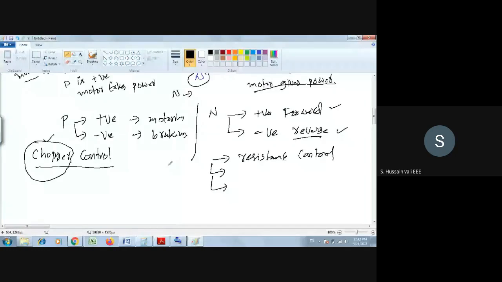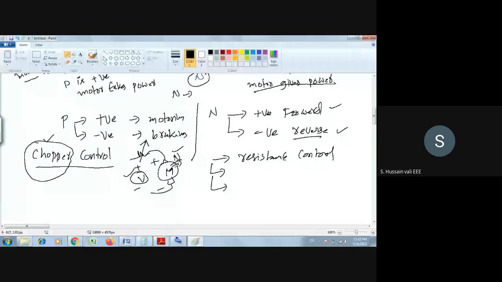So here you have the voltage. I hope you know the relationship between the supply voltage and the speed of the motor. When you change the supply voltage, the speed of the motor obviously changes. So now how do you do that? You do it with the help of a resistor. Say, for example, I have a resistor here. Now you change the value of this resistance. When you change the value of this resistance, the voltage which is going to the motor armature also changes. When it changes, the speed of the motor also changes. That you call resistance control.